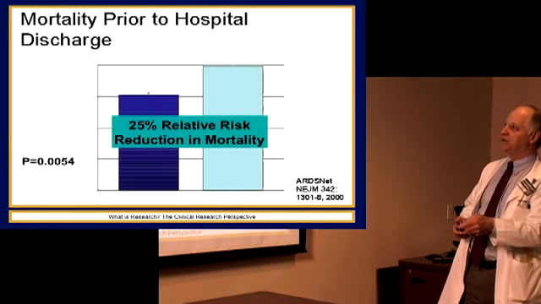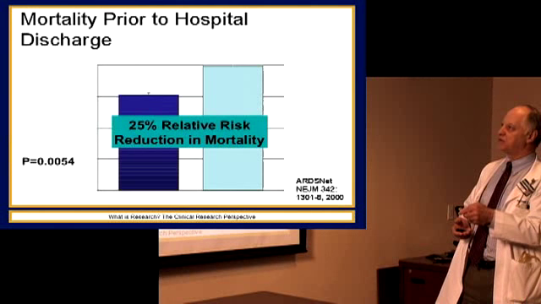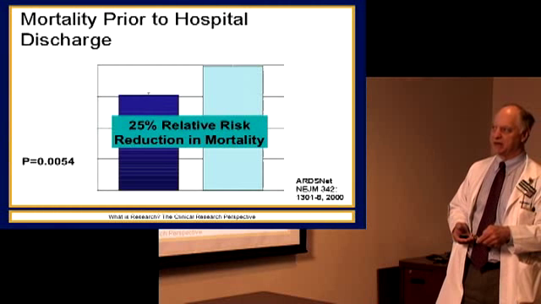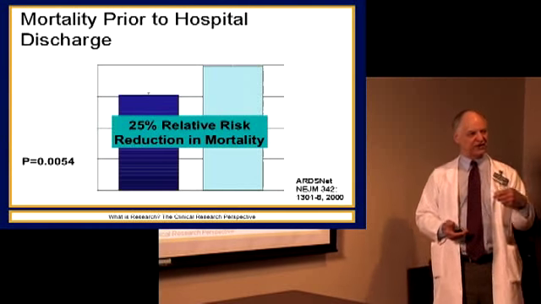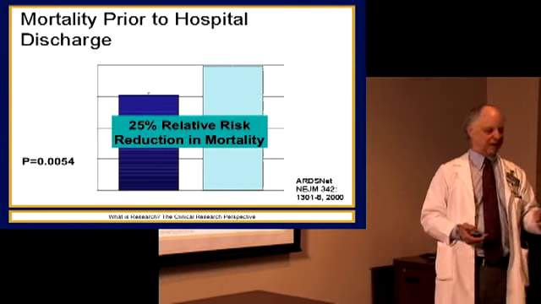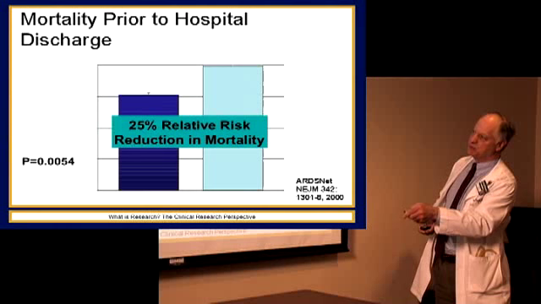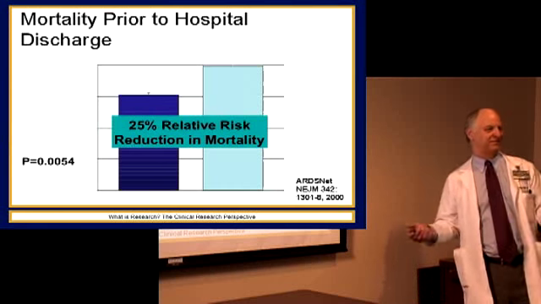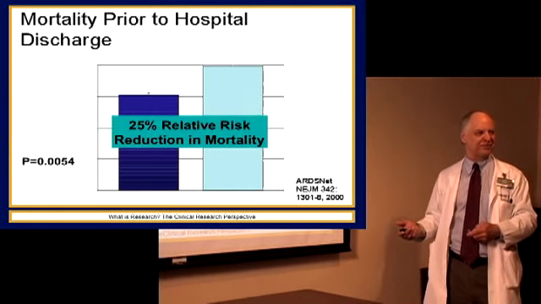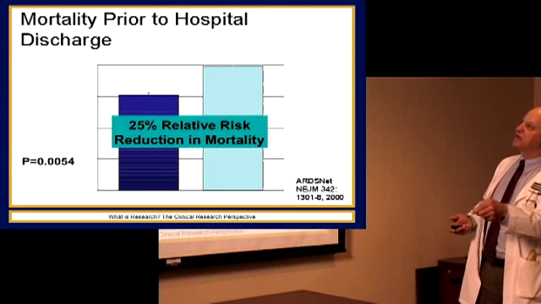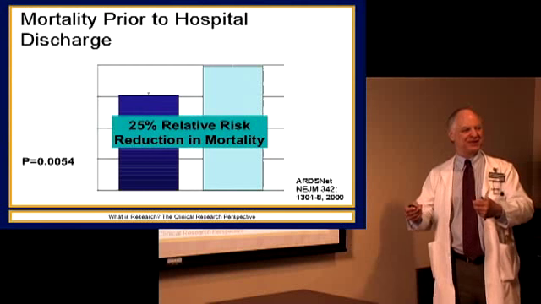We found that the mortality rate in those with the high tidal volumes was 40%, and those with the low tidal volumes was 30%, so that's a 25% reduction in mortality. I'll digress for a moment and make a point. You'll often hear in a study result that there was a certain percent reduction in mortality. Usually they're talking about this 25%. Where do they get 25%? It isn't 40 going down to 30. That's 10%, right? So where's the 25%? The 25% is that of this total mortality, 40%, 10% of it, which is 25% of the mortality, is reduced.